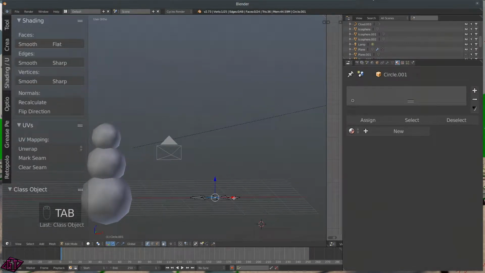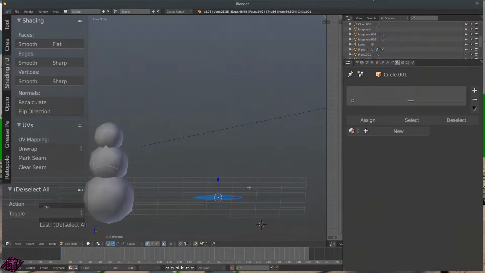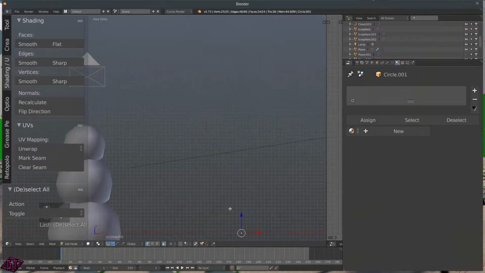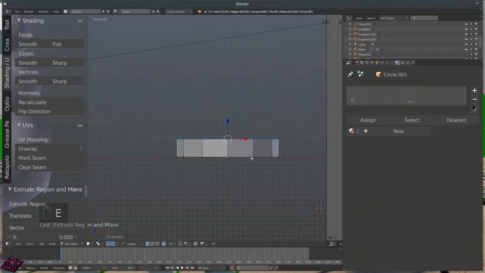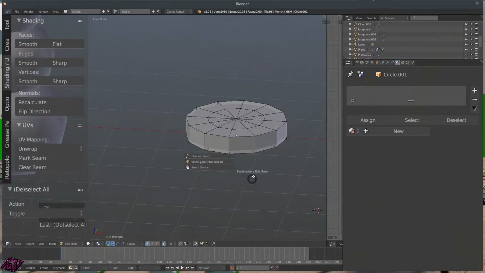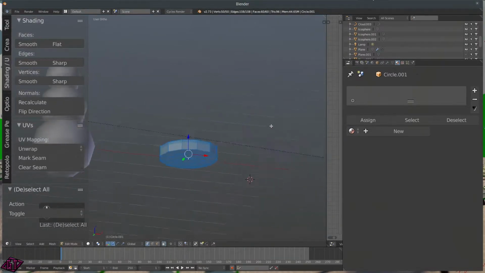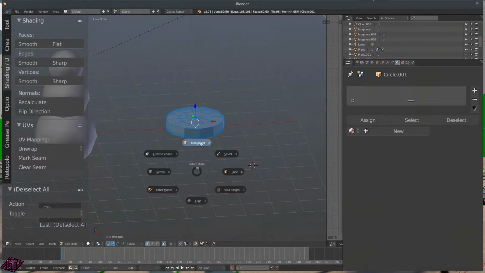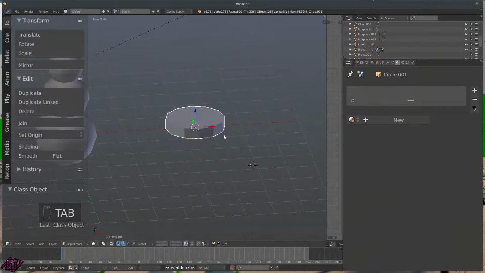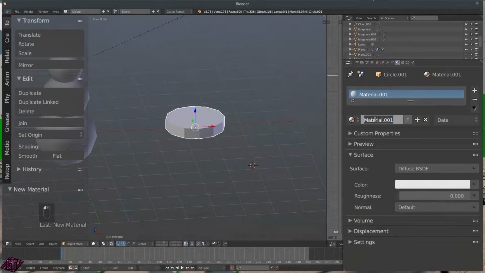We're going to tab back into edit mode, and we're going to press A and make sure we select it all, and we're going to press Q and go into front mode, and we're going to press E to extrude it, and we're just going to extrude it up just like that. And we're going to press A twice to select it all, just like that. And let's go to tab, edit mode, and we are going to add a new material to this, and we're just going to call this button,